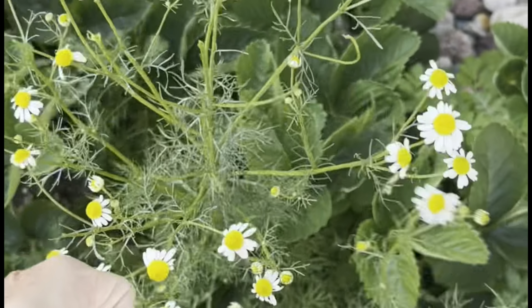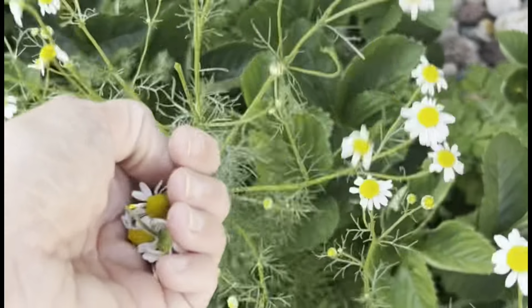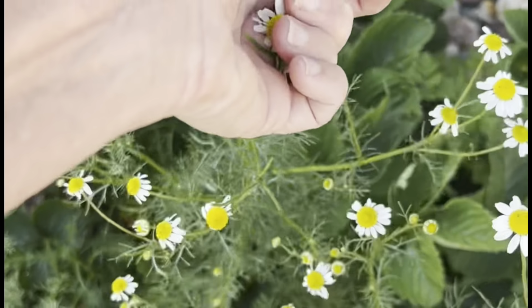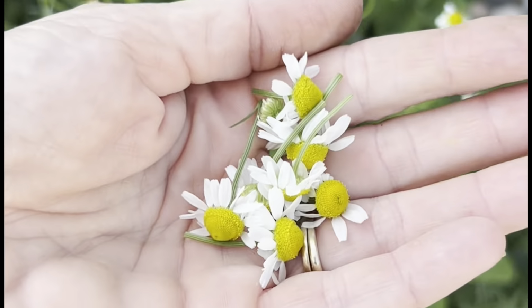And if you grow that, then when it's ready to harvest, when the flowers are big and beautiful, you simply pick those flowers off, set them on the counter to dry, and then keep them in a mason jar in a cool, dry place. If that kiddo is starting to have teething pain or trouble sleeping, you take a level teaspoon of the flowers,